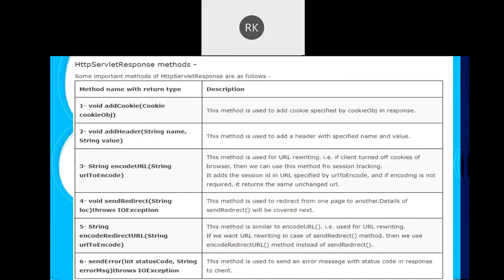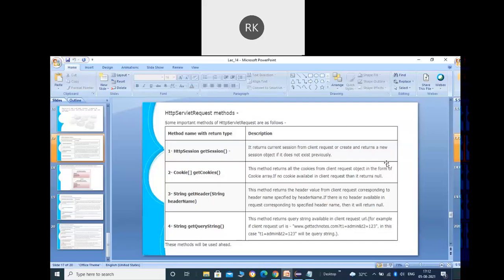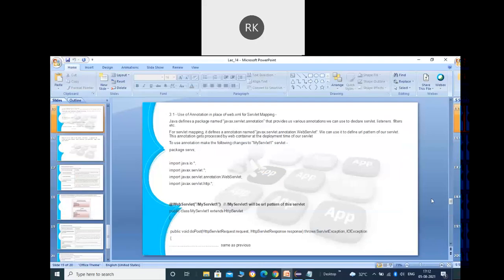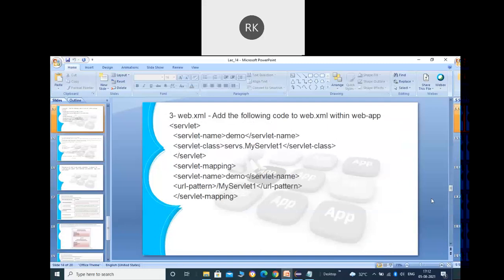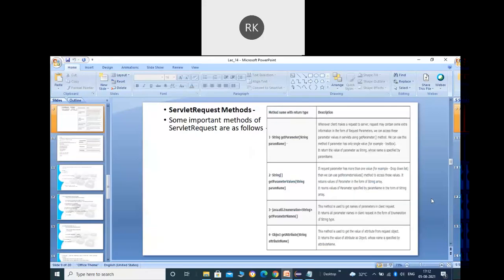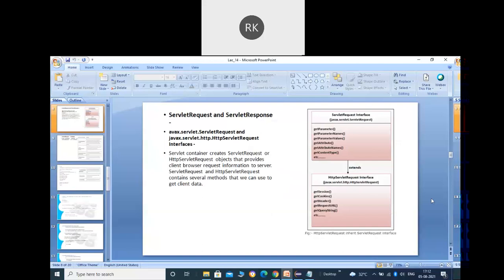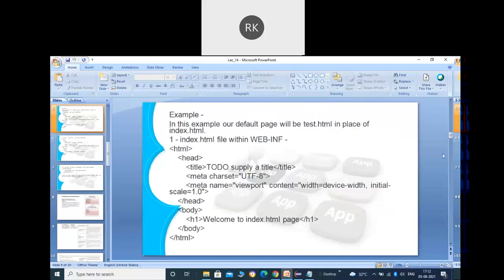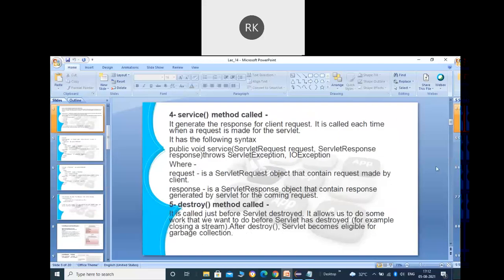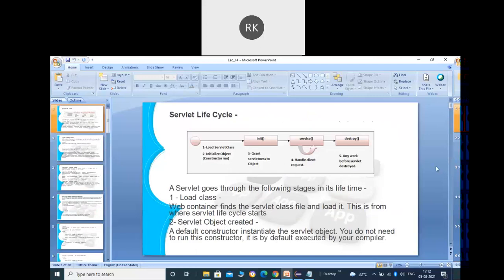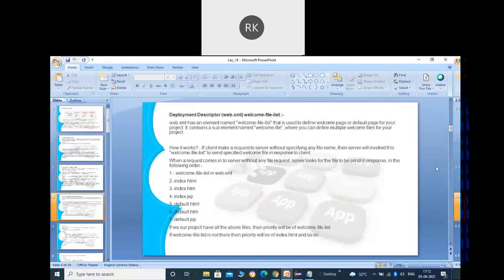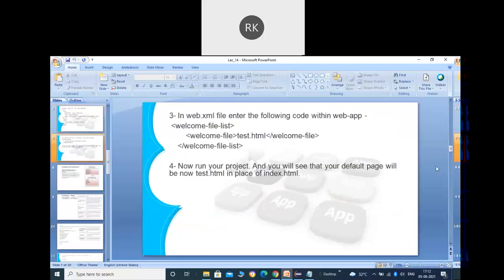Here we are seeing lots of theory and lots of methods, but few of them we have used. Whatever you can see written here, we have not seen examples of them. The reason behind this is that these are related to some advanced concepts that we'll be learning later on. That is why we don't have any example of them for now. But it is important to know what methods are available to each particular interface that we are passing within the service method.